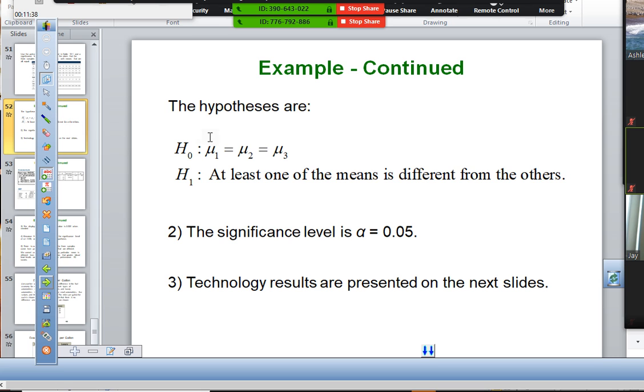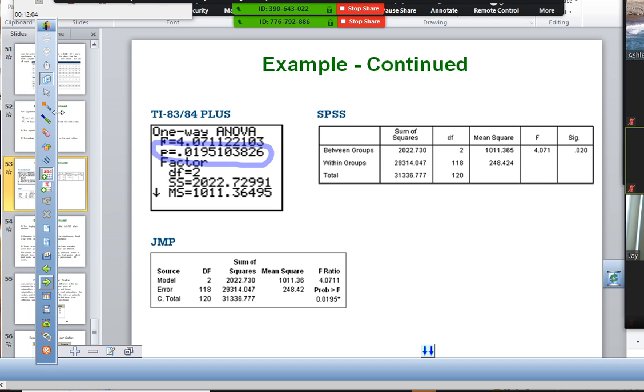So our hypothesis is that mu1 equals mu2 equals mu3 because I have 3 lists, right? Low, medium, and high. And then H1 is at least one mean differs. Significance level, step 2. Step 2 is now really easy. Write down alpha. Step 2, alpha equals 0.05. Done. That's it. Step 3, we're going to use the TI-84. So here, step 3, we would use the TI-84, put everything into lists, and then run ANOVA, and we'd end up getting a p-value of